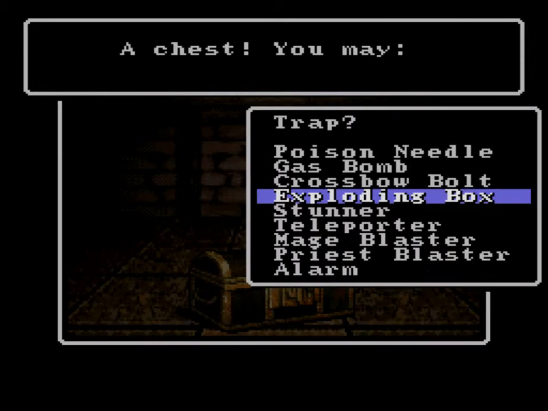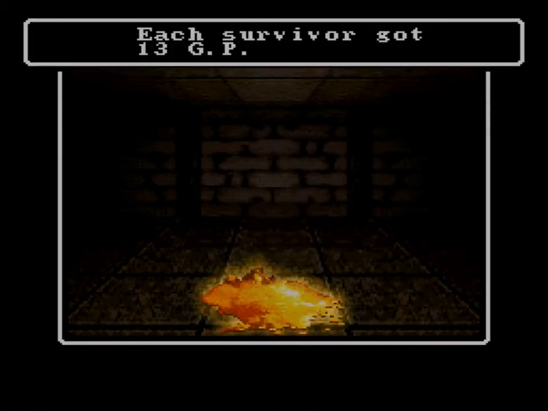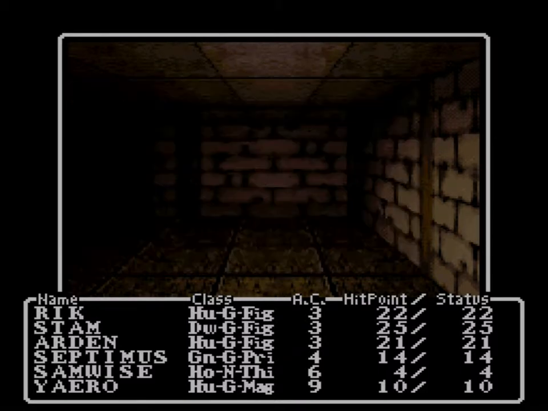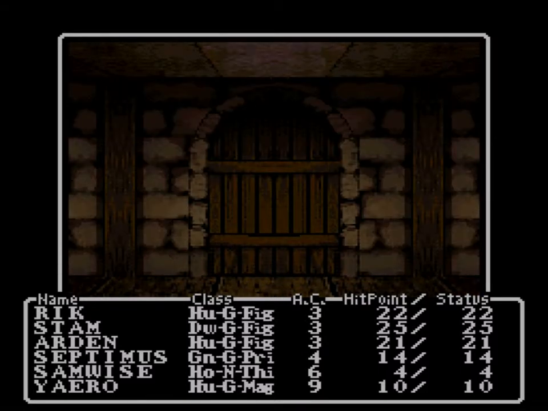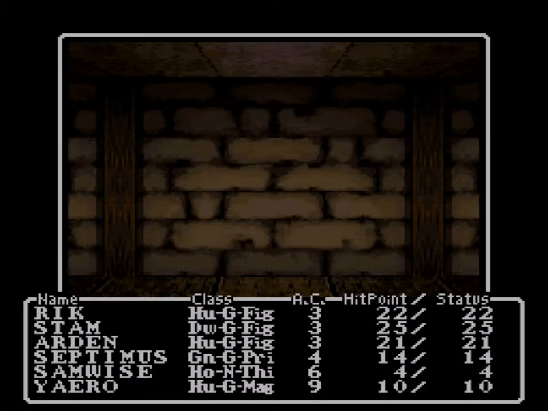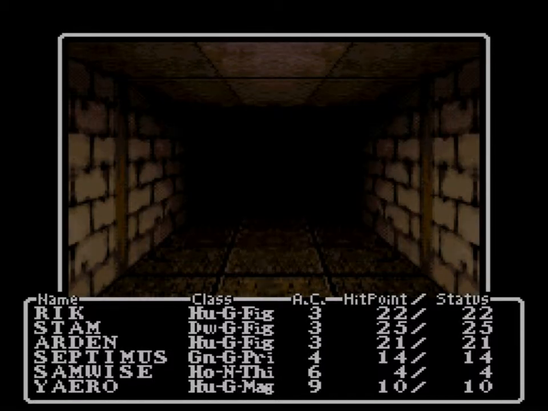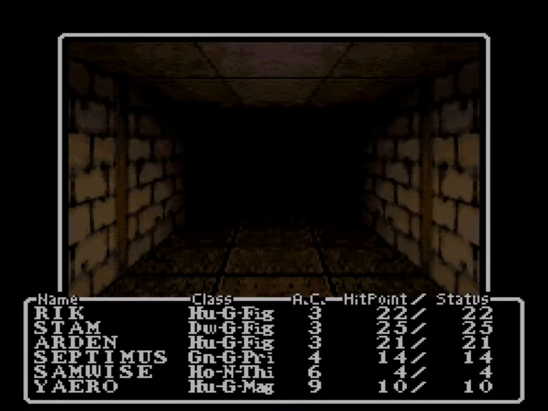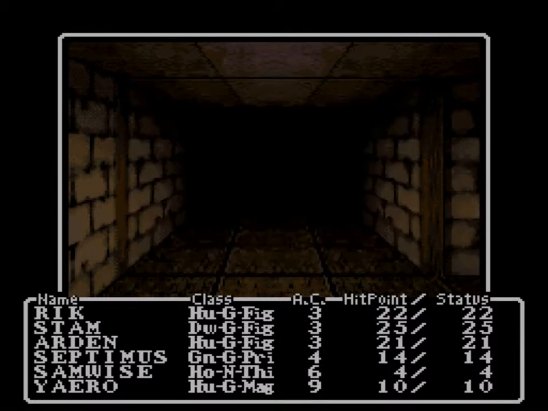Ooh. Yeah, you disarmed it. I mean, it's only 13 gold too, so it's not really... Well, I believe it's 13 gold each, so actually you gotta multiply that number by 6. Which, 13 times 6, well, 10 is 60 plus 18, so yeah, that's 78 gold. Not enough to resurrect somebody, so...